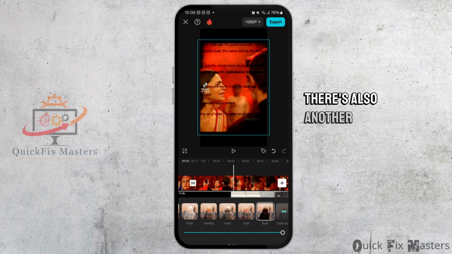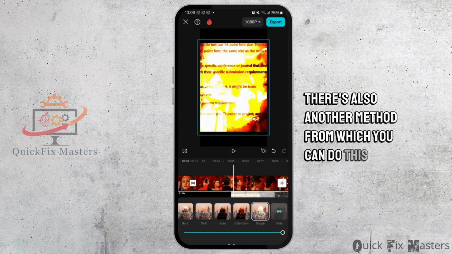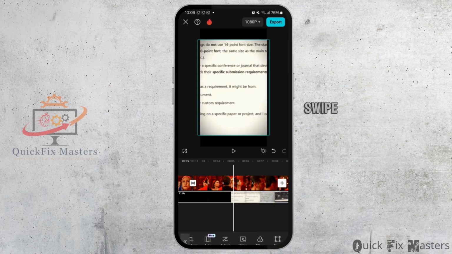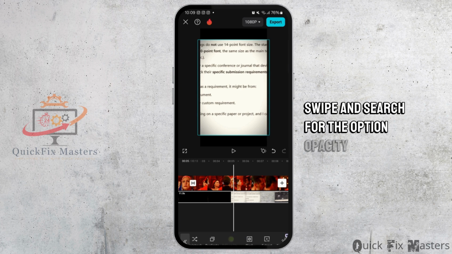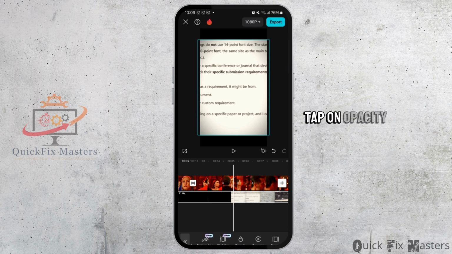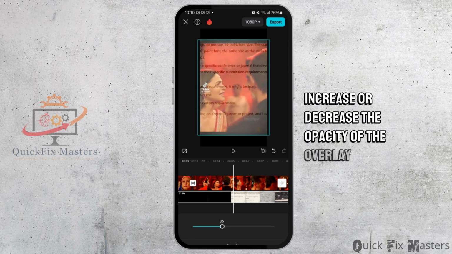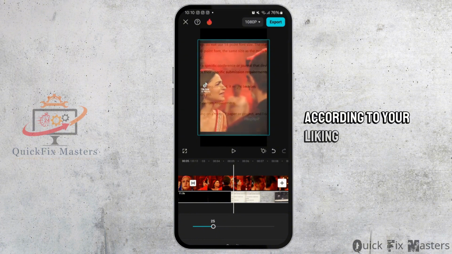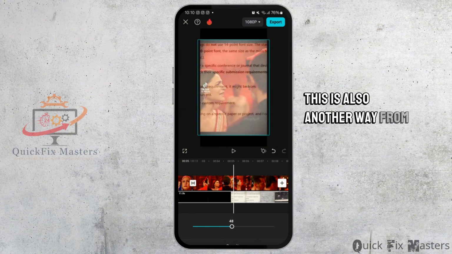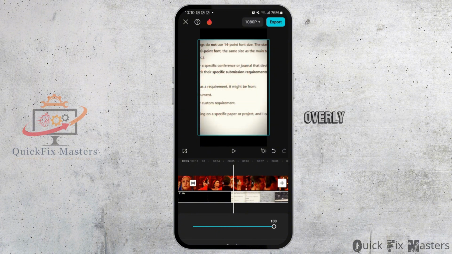There's also another method from which you can do this. On the bottom panel, swipe and search for the option opacity. Tap on opacity and now increase or decrease the opacity of the overlay according to your liking. This is also another way from which you can blend overlay on CapCut